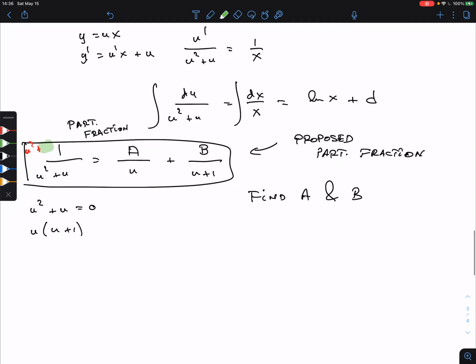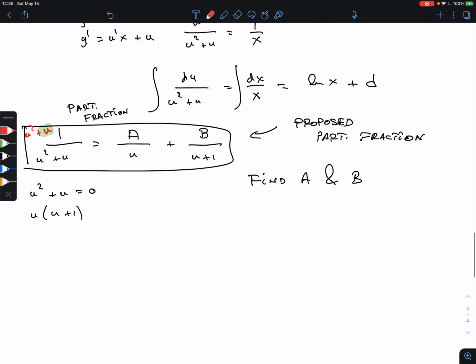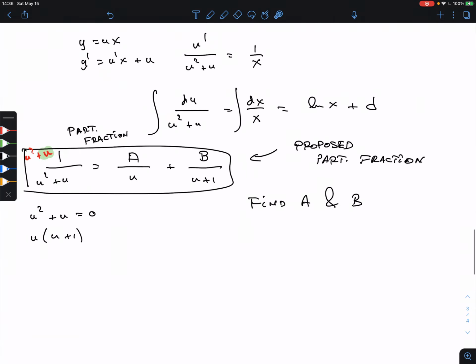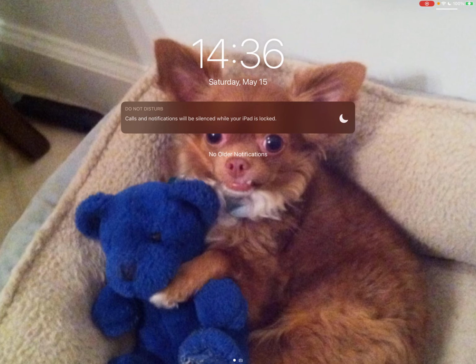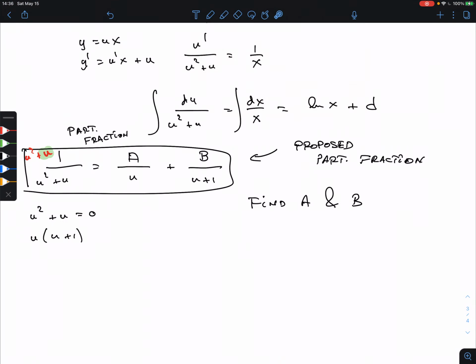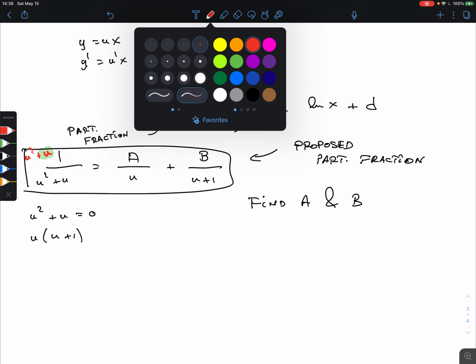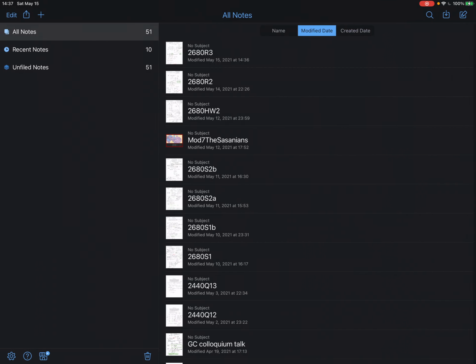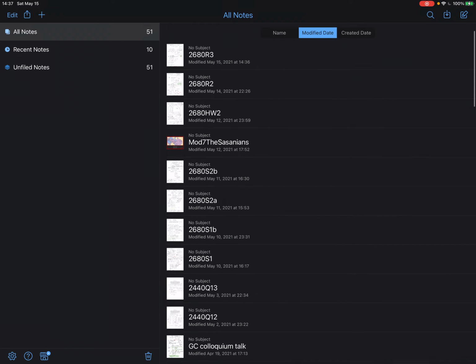Oops, plus what happened here? U squared plus u. Here we do u. Why is it jumping? U times. I'm sorry. Sometimes this acts up. This thing. Jesus, what is going on here? Okay, let me go out of there and come back in, because that is the only way that I can